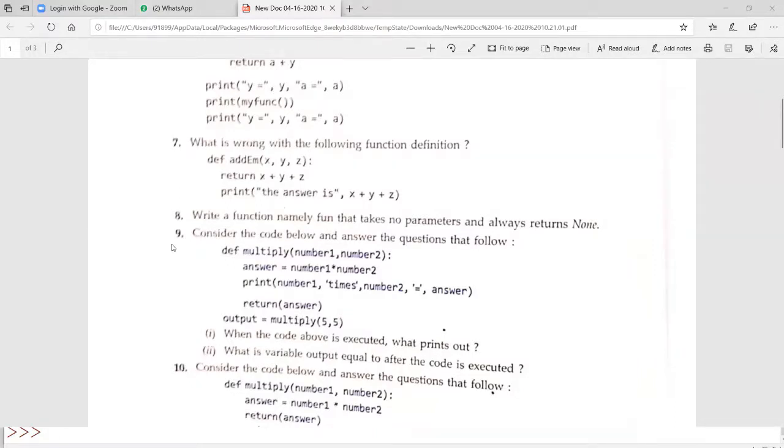If every time you make the value of A global, then what is the use of global variables? We said that the scope of a global variable is available throughout the program, and the function body also belongs to the program. So if a local value is not available, the global value should be accessed. I'll find out what is the reason for this. So let it be. Question number 9.